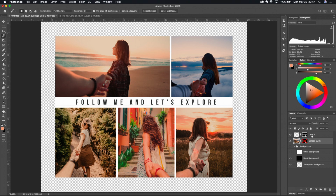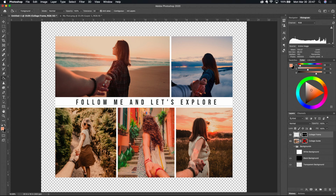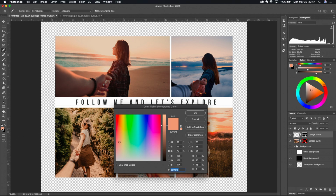Now what I'm going to do is double click on the word Layer 1, and I'm going to call this Collage Frame. It may not make any sense at the moment, but in about 15 seconds it will. Now I'm going to hit the G key to bring up the paint bucket, and I'm confirming that the paint bucket tool is active. And then I'm going to come down here and click on the foreground color picker,